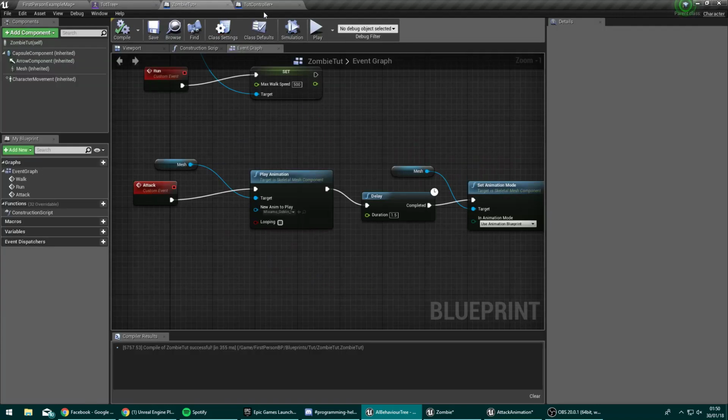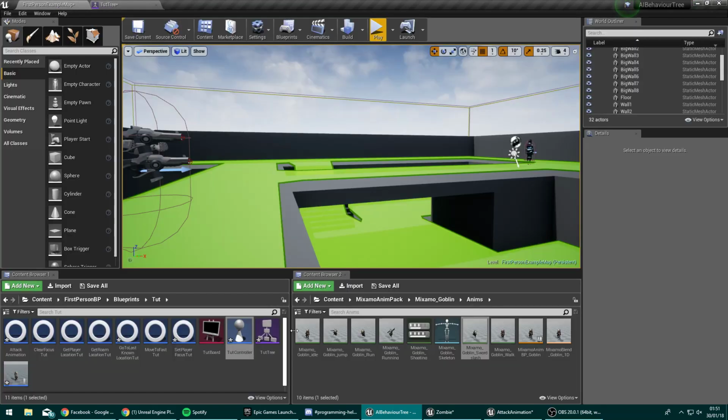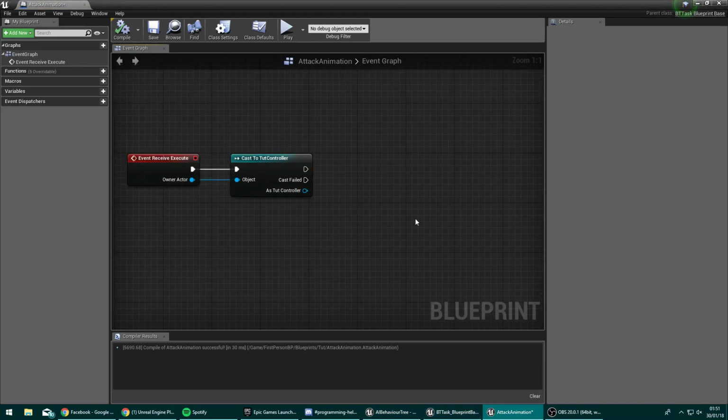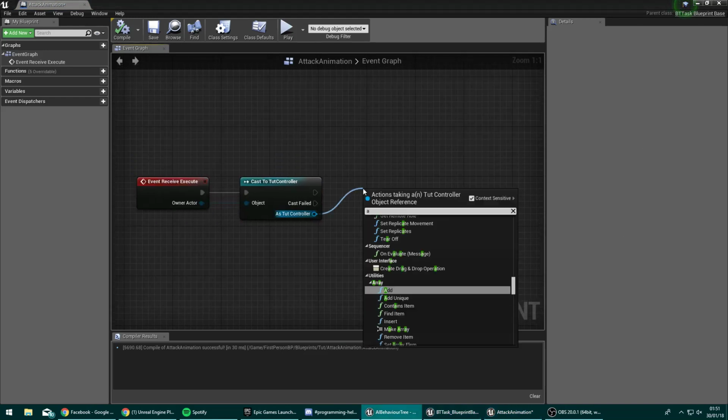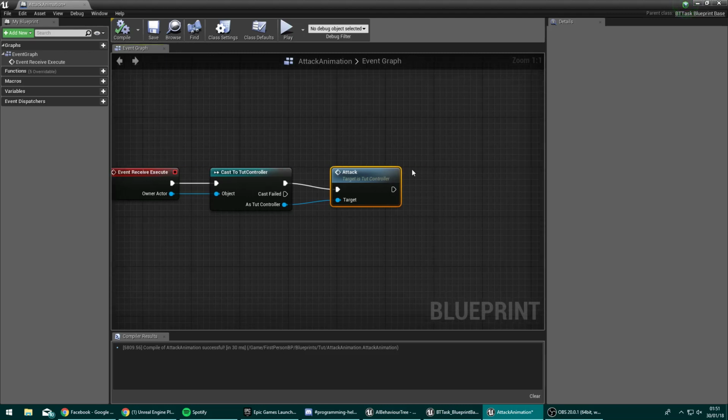So back to our task. We have our zombie there, that's complete. We have the controller, and we're going to jump back into that class we were making over here. Once we've cast to our controller, we're simply going to call the attack function on that controller, because remember we made the function in both the character itself and the controller that's possessing it, but we want to call the one in the controller, and then we want to add a delay on here